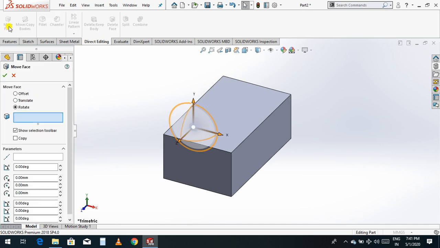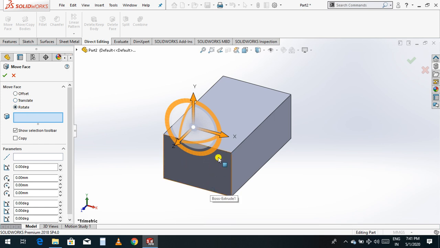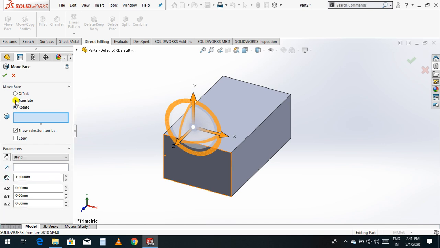After selecting the move face command, you can see we have three kinds of move face: offset, translate and rotate. Rotate means the face will rotate by some angle. You can give an angle, and the face will be inclined based on that angle. Translate means the direction in which you want to extrude: give a direction, and the face will be extruded, pulled or compressed in that direction.